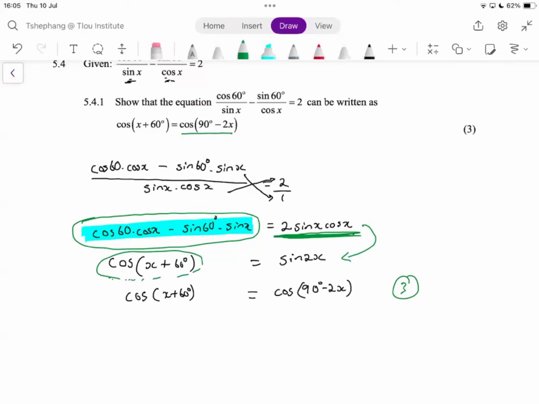So somebody's asking, why does the 2 get the LCD? So think of it this way. If you have 5 over x is equal to maybe 10, how do we solve such? We just say the 10 is over 1 and we cross multiply. Just make an x like that, where the 10 multiplies with the x and the 5 multiplies with the 1. And then finally, you can solve. That's exactly what we did. We cross multiplied in order to get rid of the denominator.